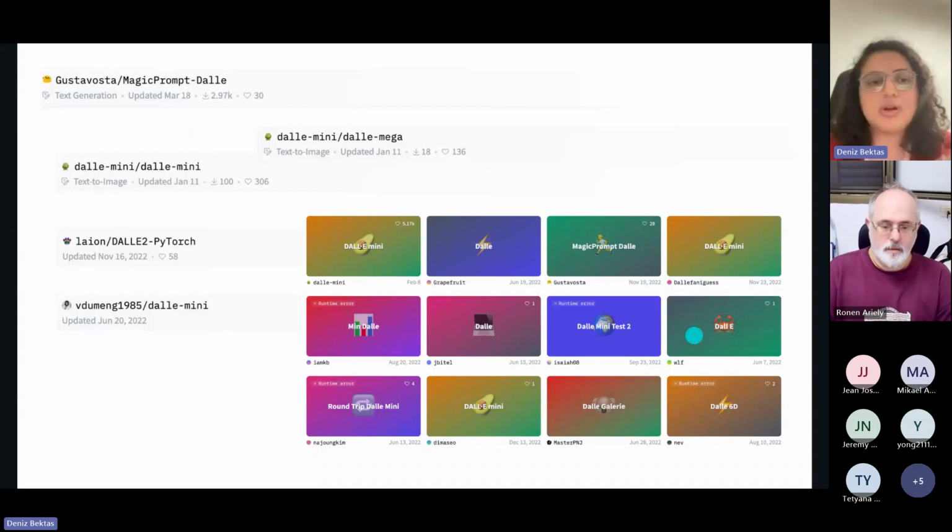People were talking about DALL-E, like DALL-E is so great. Wow, OpenAI, what are they doing? But actually, there's a good question: how do they do that? How do models